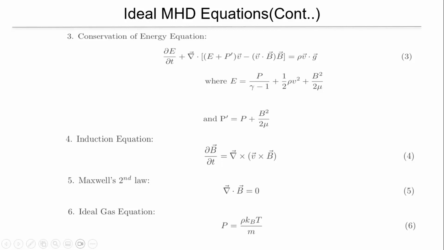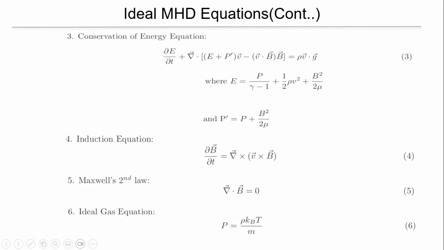Moving to the induction equation, this is again derived from Maxwell's equation, that is del B by del t, where we have also used the modified Ohm's law, and thus finally we got this equation. By the way, because it is ideal MHD, the conductivity is assumed to be very large, so sigma basically tends to infinity. In general you will find the diffusion term here, which is basically eta del square B. But because eta is inversely proportional to the conductivity, this term can be neglected in our